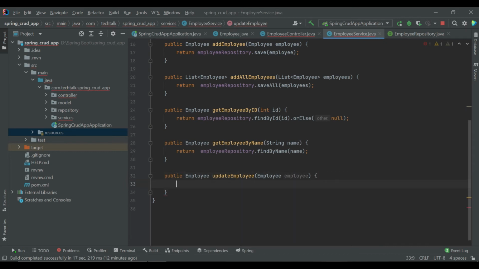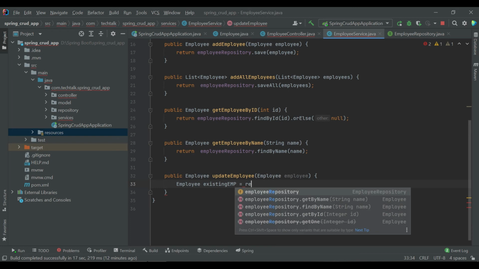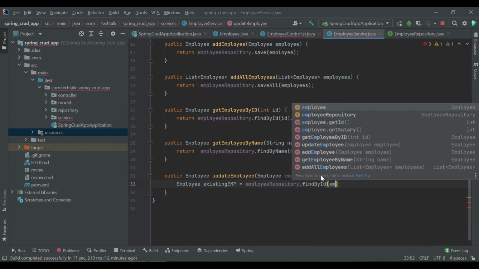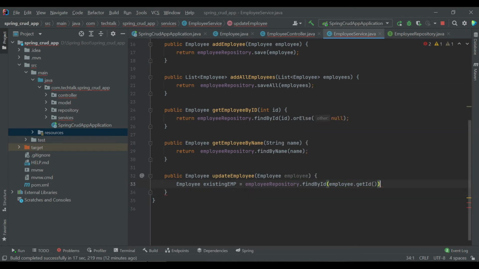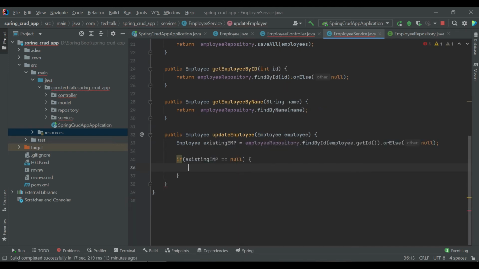Similarly, now we are creating an existing employee object, and we are going to check if an employee with that particular ID is present or not. If not, then we are just creating a new employee. Now we are checking if the existing employee is null, then we are directly saving that employee object inside the repository. Else,